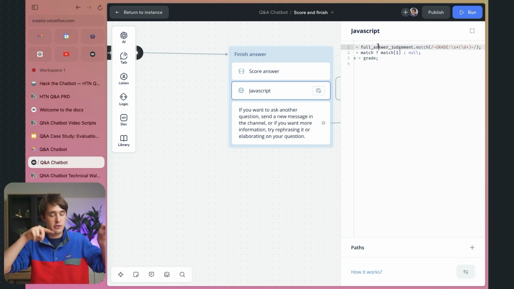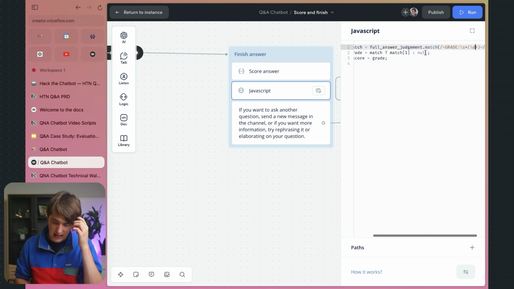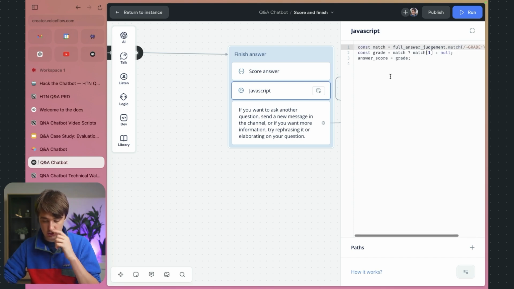So it looks for the string with a squiggly, grade, colon, any spaces, because the AI sometimes adds spaces. So make sure to add this /s star. It's really important. And then it extracts the number, and it captures it with these parentheses, and it stores that in a variable called